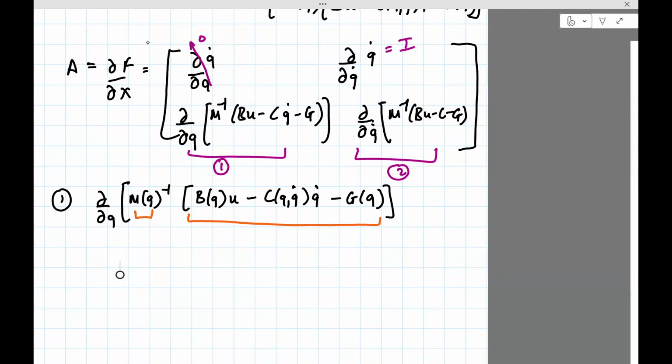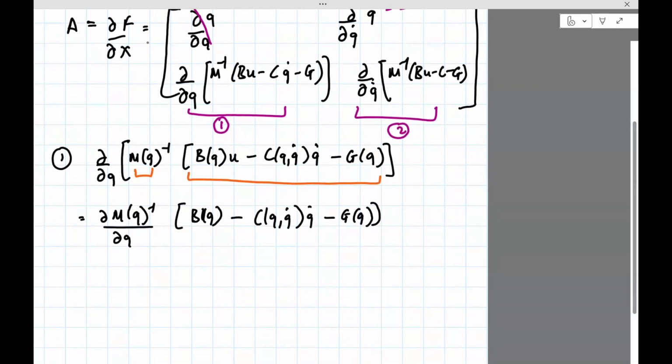First, we'll keep the second term constant, and then take the derivative with respect to the first term with respect to dq, and then this term will remain as is. And then we'll keep the first term constant. That would be m inverse of q, and then take the derivative of